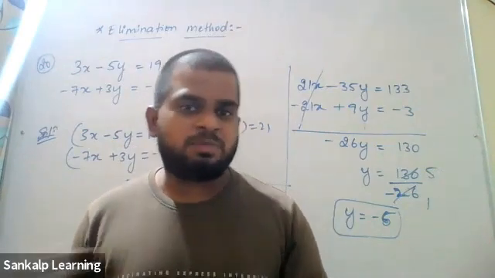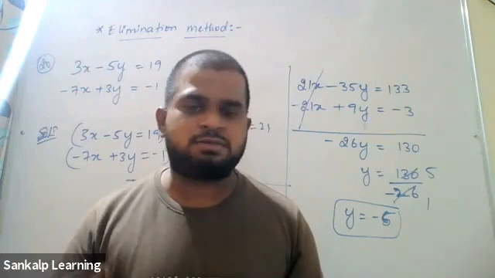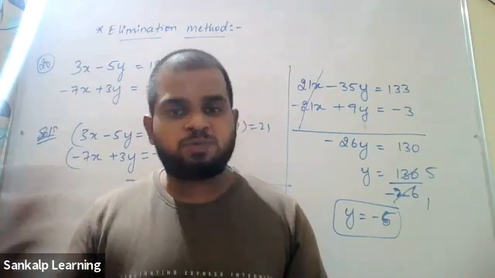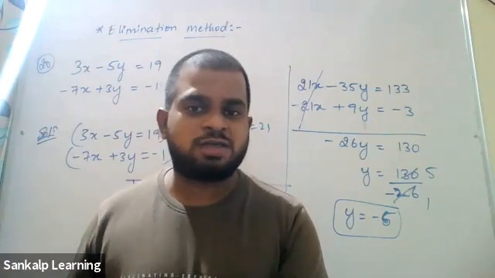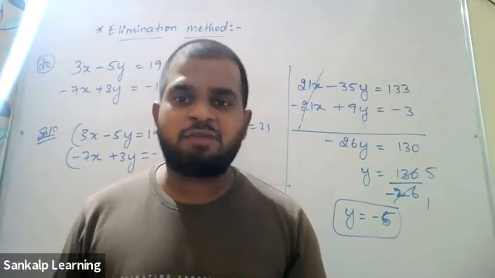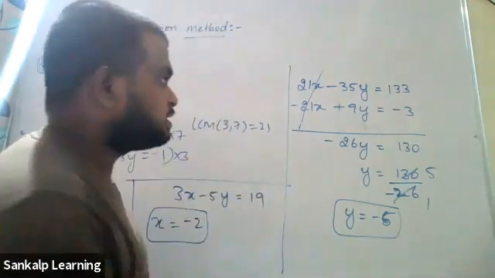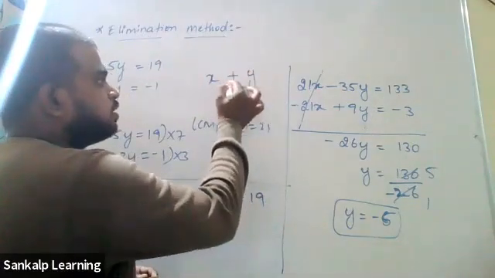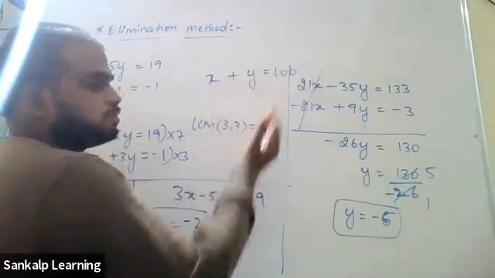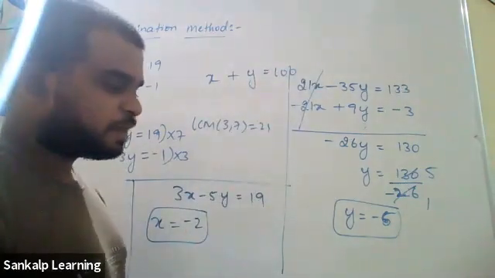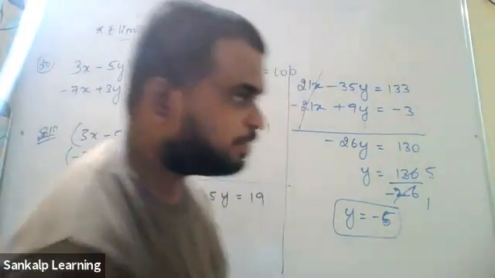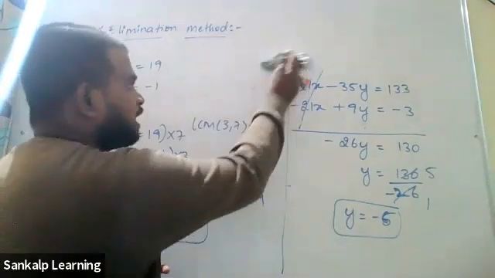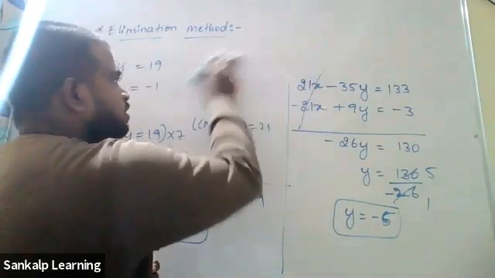Now I'm just saying it: 1 kg of apple plus 1 kg of orange, total cost is 100 rupees. Mathematically, we can write this using this chapter itself. Let's say 1 kg of apple is X rupees, 1 kg of orange is Y rupees. Total cost is 100 rupees. So that is how we are getting equations. It is simply to represent any statement, or sometimes to represent a graph also we'll be using equations. That's it.